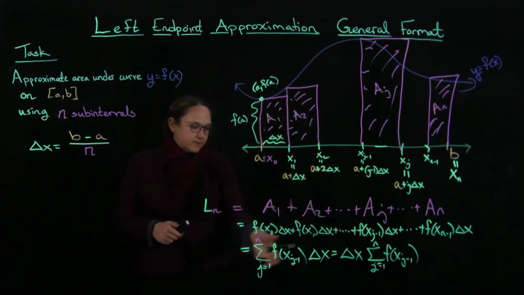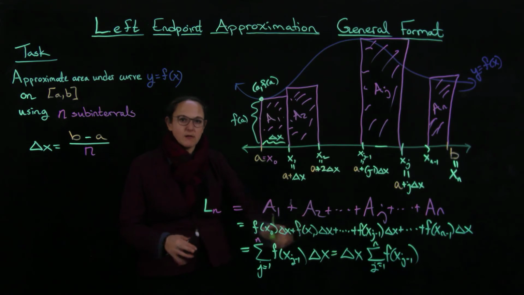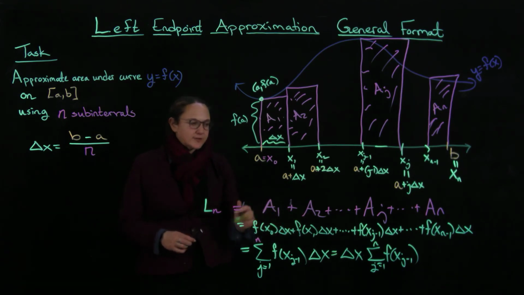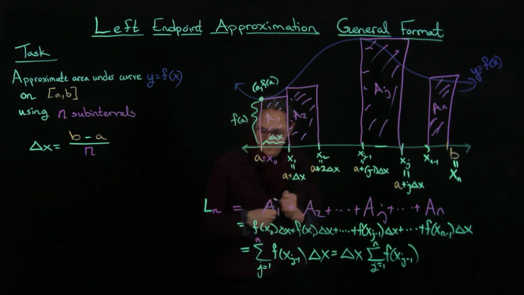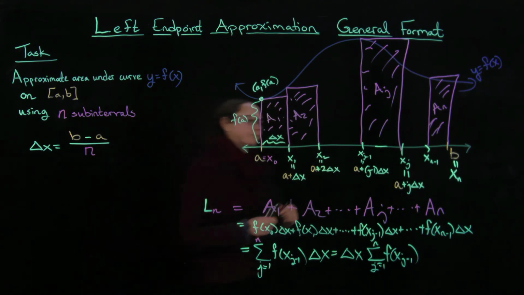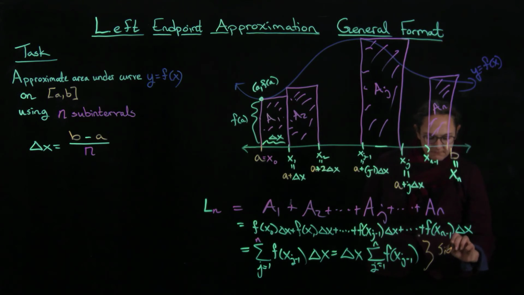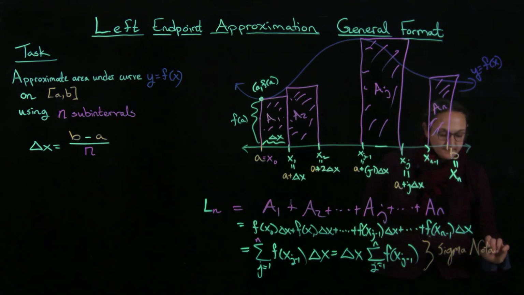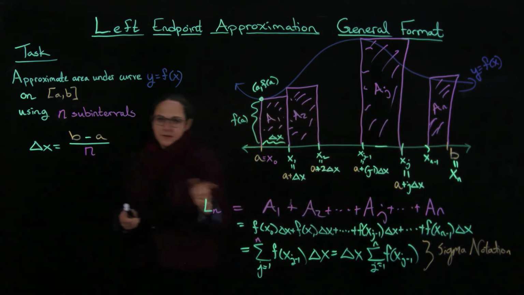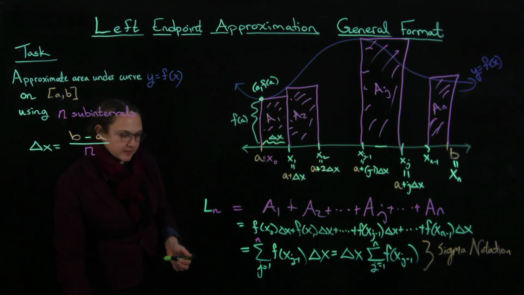How I've written this here, I can do the whole thing all at once. And this is called sigma notation. So this has a very special name. It's called sigma notation. And then we can write this in a nice box over here just to make sure that